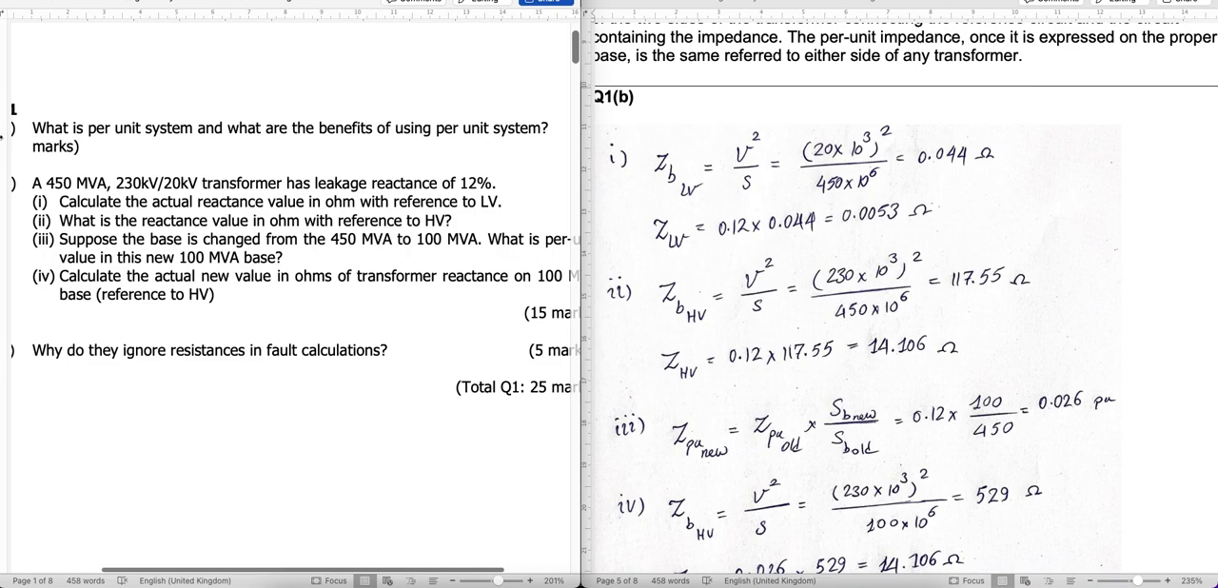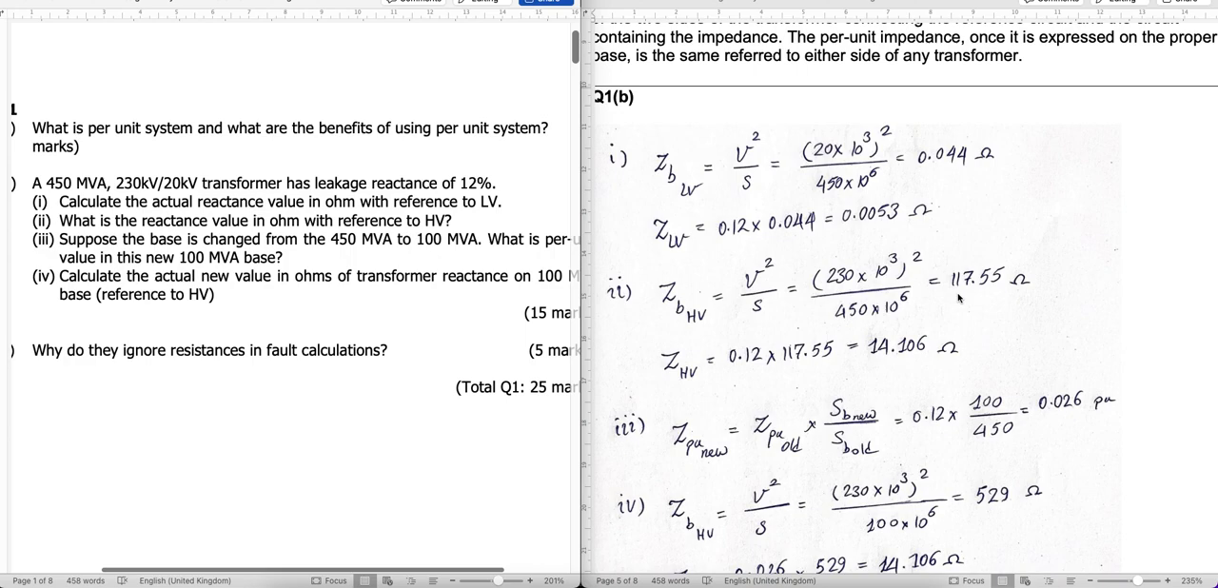Second part, II, is what is the reactance value in ohm with reference to the high voltage side. Again, as I said, if you see this question, it's nothing but repetition of the same approach in different sections. So here, again, we need to calculate the base impedance, but remember, this time you should put 230 kilovolts instead of 20, because we are on the high tension side. So 230 times 10 to the power 3 squared over S, 450 times 10 to the power 6. This is going to be